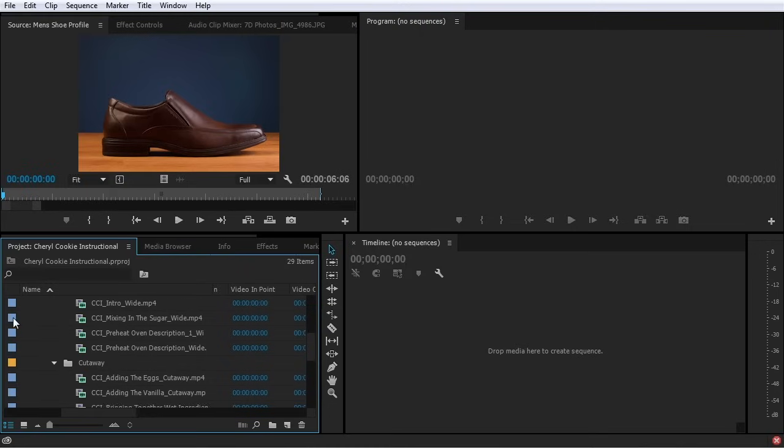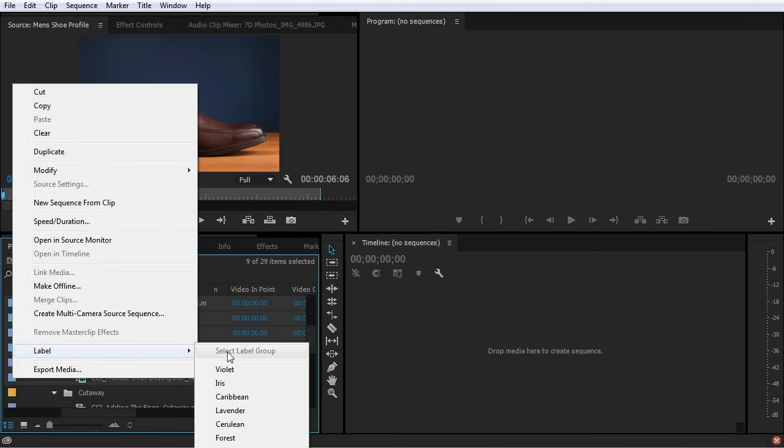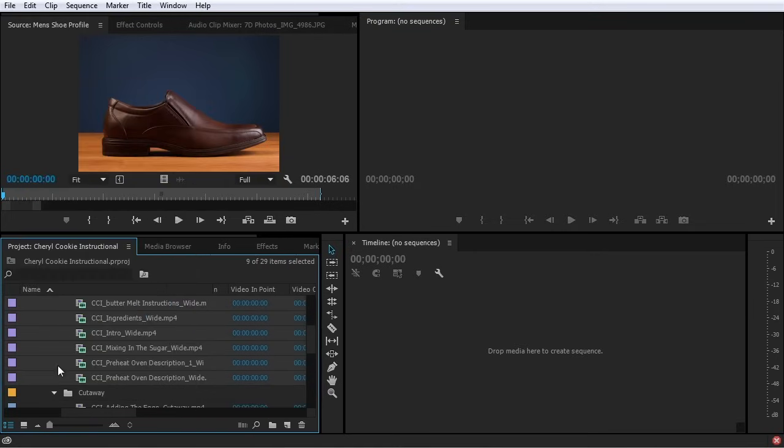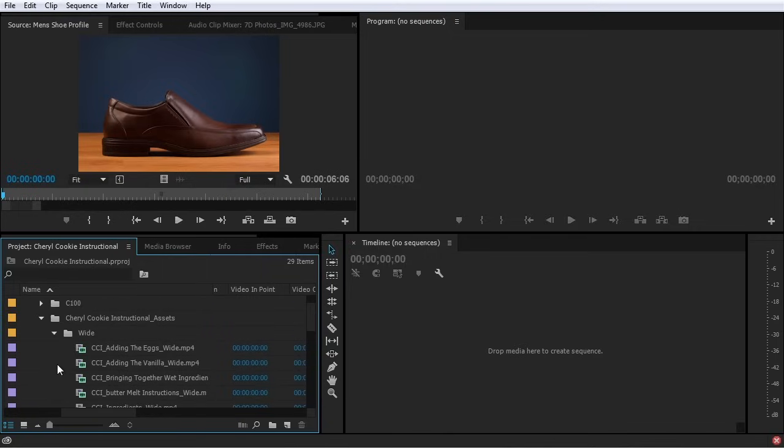And over here, all of these are labeled blue. Well, when I'm editing, to make it easier for my eye, I could select these files, and I can right-click over here and change the label color to something like violet. Now when these appear on the timeline, they will be violet, and they'll be easier to distinguish with the cutaway